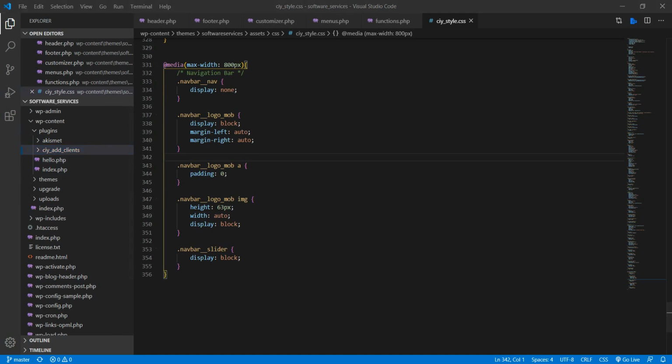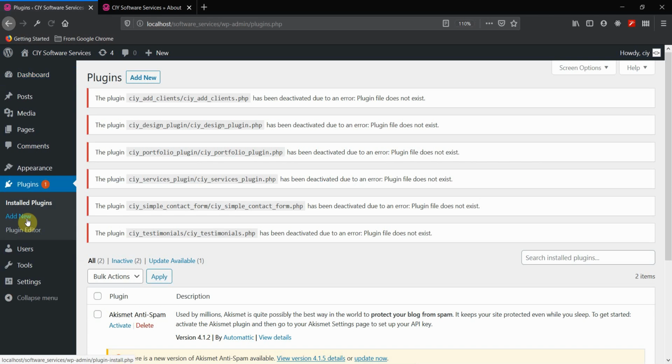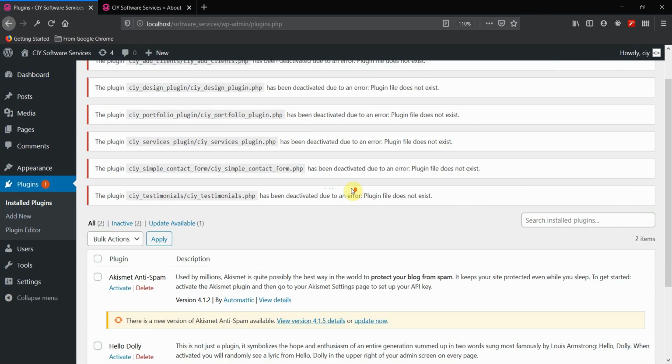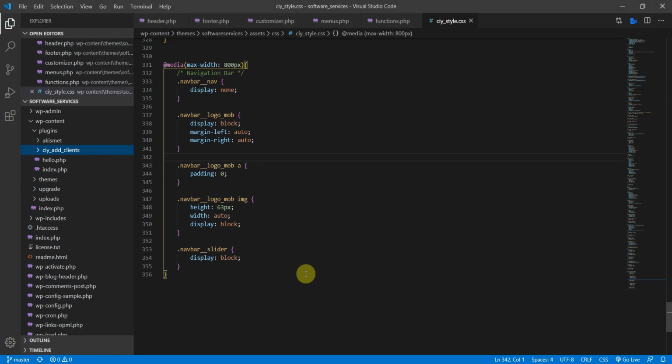So if you go back here to our backend and plugins, you can see we got an error message here. It just doesn't exist, so we need some files there, obviously. So let's take care of that. So the first file we need is actually, we need two files. So first we need a file that has the exact same name as the folder name. So if you look here at the Akismet,